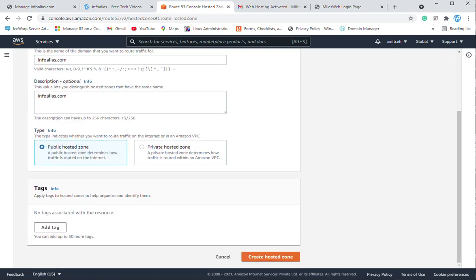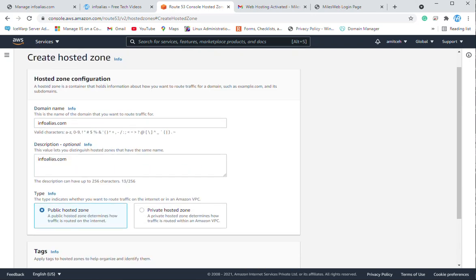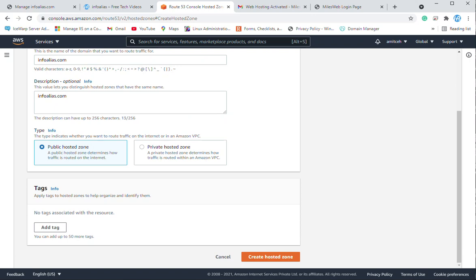This zone will be accessible through the web, and you can resolve infoalias.com publicly. If you select a private hosted zone, it will only be accessible inside the VPC, which you have routed through AWS to your office network or internally to the AWS EC2 instances.